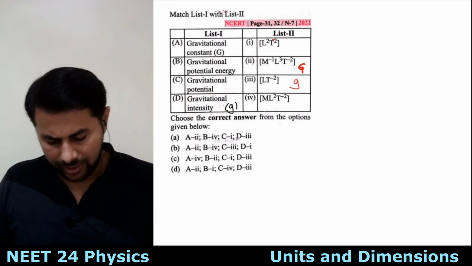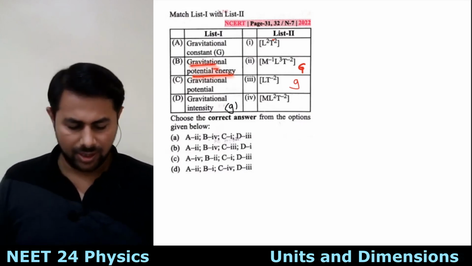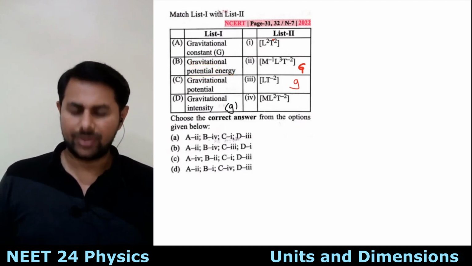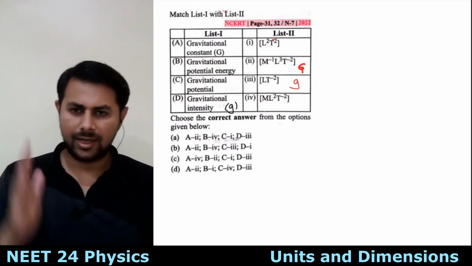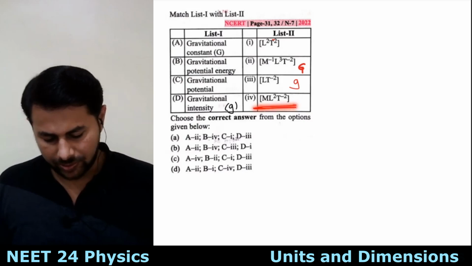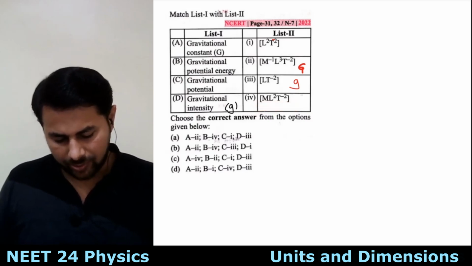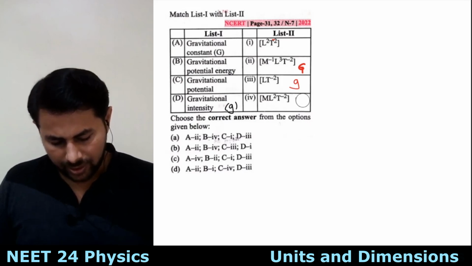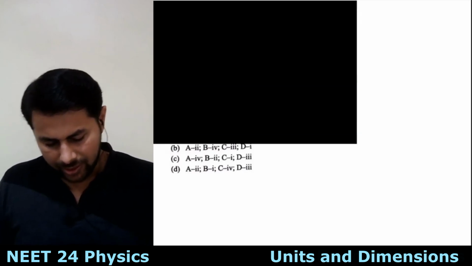Okay, then you have gravitational potential energy. So any form of energy will have the same dimensions. So that is M1 L2 T minus 2. M1 L2 T minus 2, it's option 4. So dimensions are this, potential energy. Let's write this as U. Okay, or actually we should have written O.